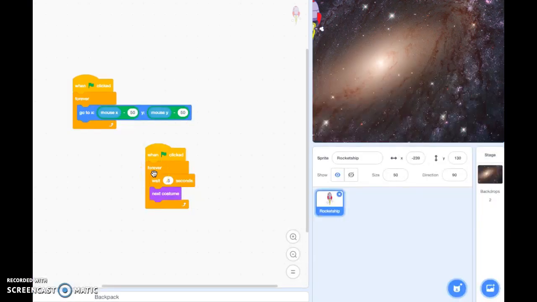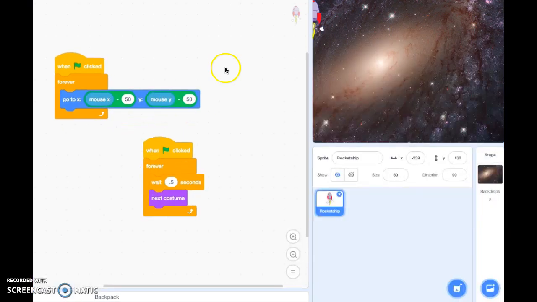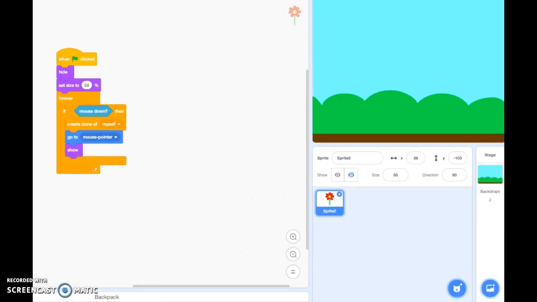And then here is another puzzle. This one's pretty simple. There's the coding, and it's just a rocket ship that follows my mouse. And here is the last puzzle I'm going to show. There's the coding for it, and that's what it does. You just click